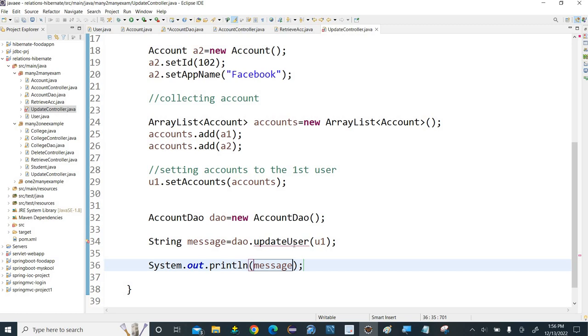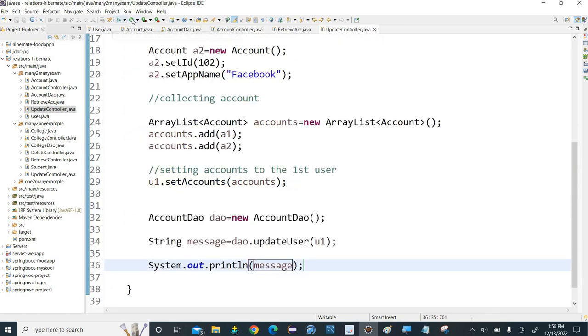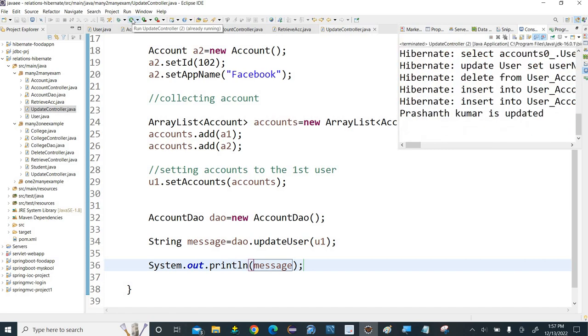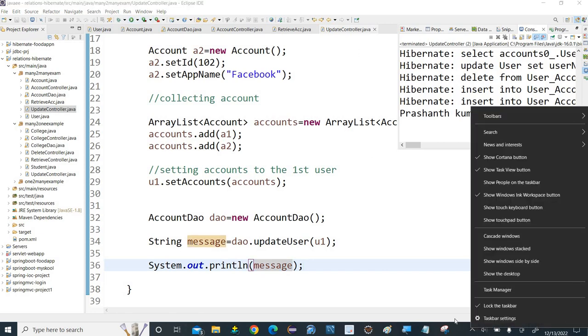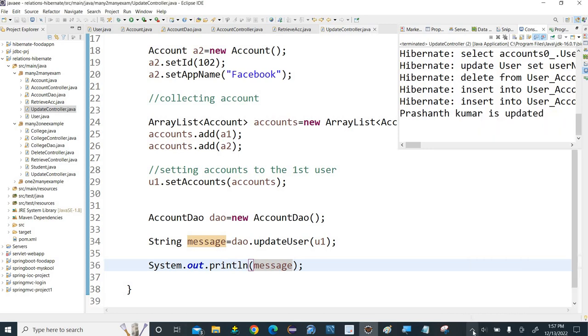Before running the class we are getting an error at this place. Okay, I just need to go and save this class, so there is no error. Just run the class. We'll get the output. So data is updated. So we are done with this session and we'll complete this. Okay, hope you understood most of the